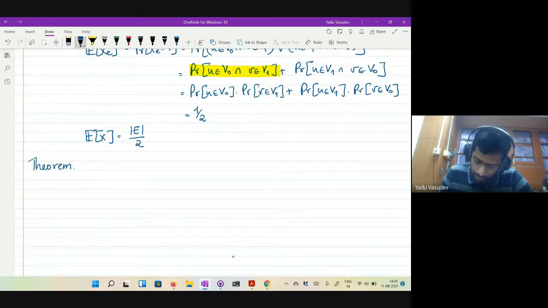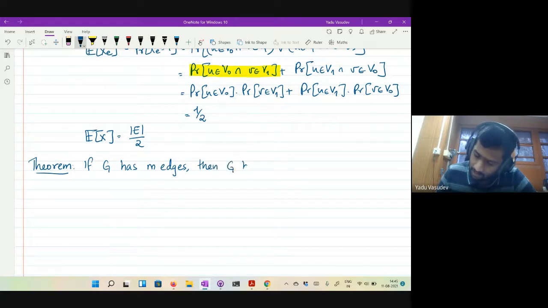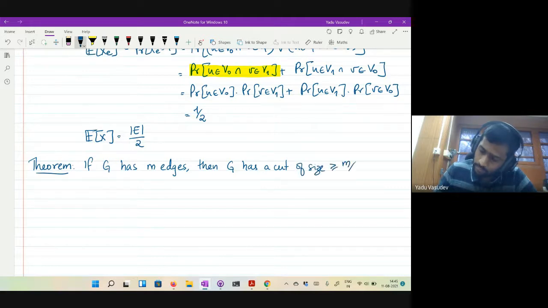What we've actually shown is that if G is a graph, if G has M edges, then G has a cut of size at least M over 2. So we have not just got one algorithm which has some expected behavior. We have actually proved a property of graphs in general.